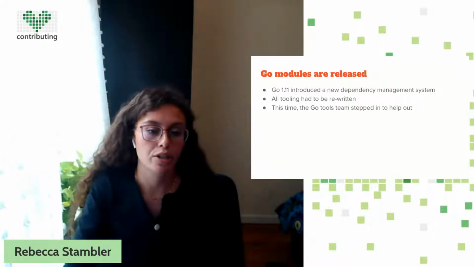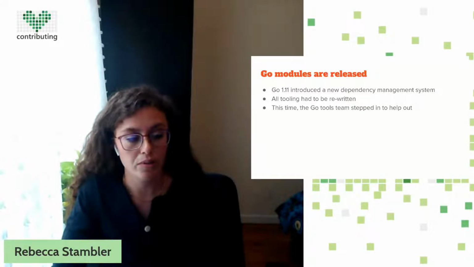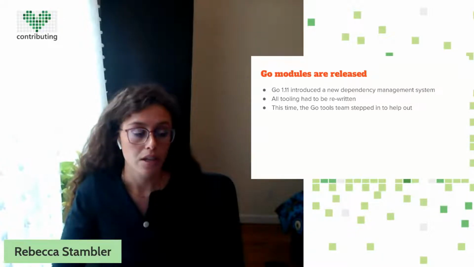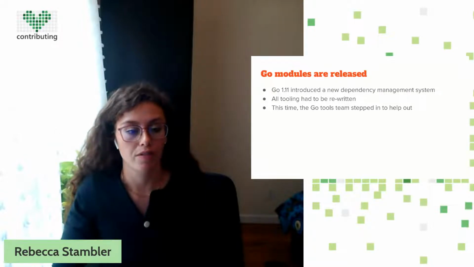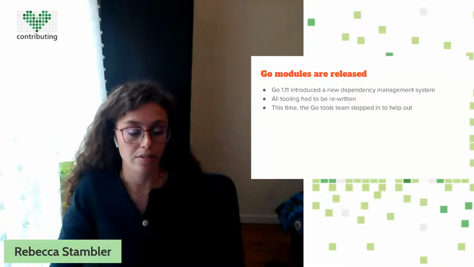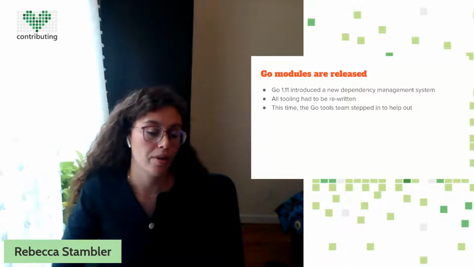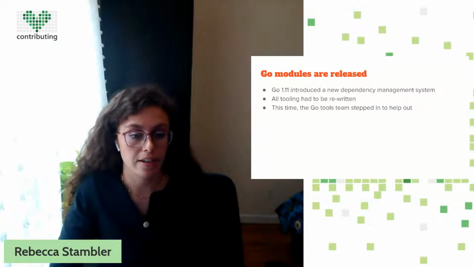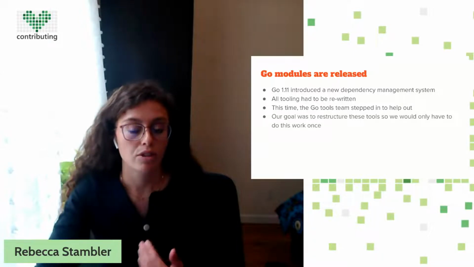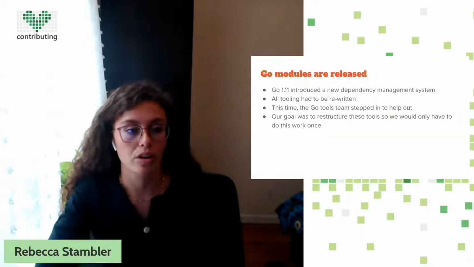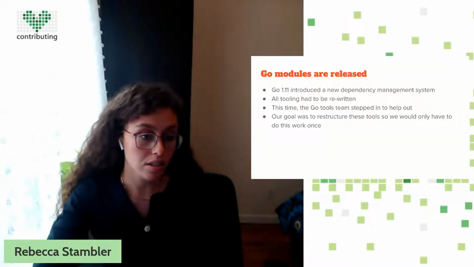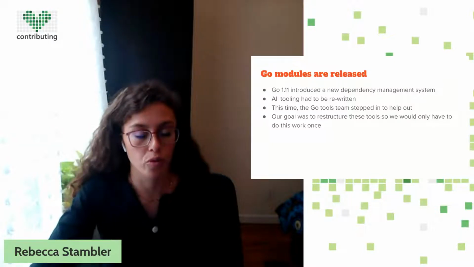And so this is the point at which the Go tools team said, okay, we've got to help out with the Go community. We've got to help improve the editor experience for Go, because we have all these awesome high quality tools, but the actual structure of the editor tooling and the support is not working well enough. And we could just go in and rewrite all of these tools, each one, and fix everything. But the fundamental process was a little bit broken. And so we thought, okay, let's restructure this so that we don't have to do this work every time we release something major. We can just do a lot of work once, and then things should be smooth from that point forward.